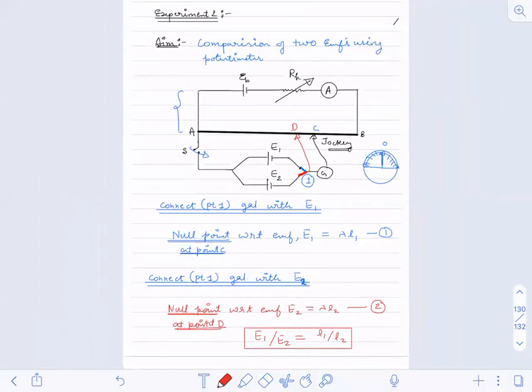Now I'll just put the slides on your screen quickly. Take down the slides and go through this again. Tomorrow one more experiment is there regarding potentiometer. We will complete that, and tomorrow we'll do only the questions of potentiometer and meter bridge. So don't miss the lecture. When you come tomorrow, go through the theory portion of meter bridge and potentiometer once again. Quickly take down the slides.